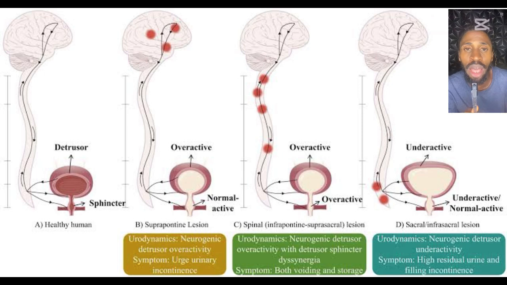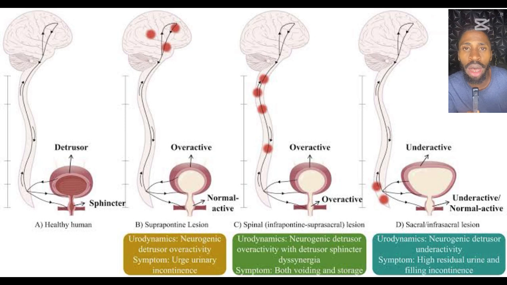The next one, but if you now damage the pelvic splanchnic nerve, which is the spinal micturition center, S2 to S4, you have what we call autonomous bladder. At this particular point, the bladder will just enlarge. You have what you call urinary incontinence, and from that you will be having what? Dripping. Urine will be dripping out because you will not know how to urinate,